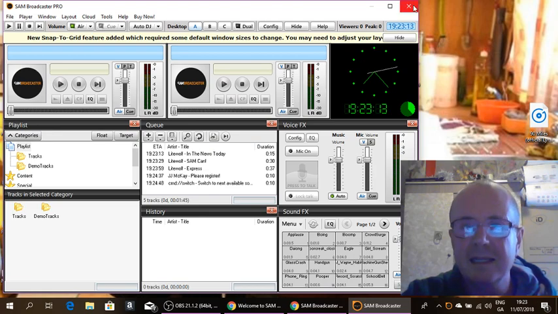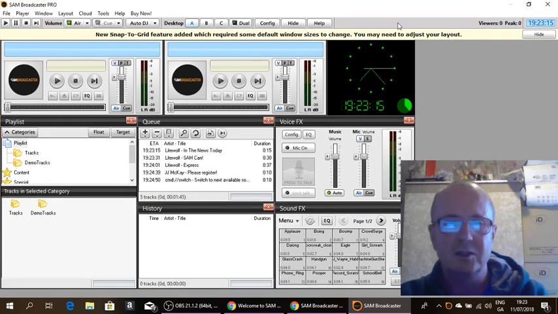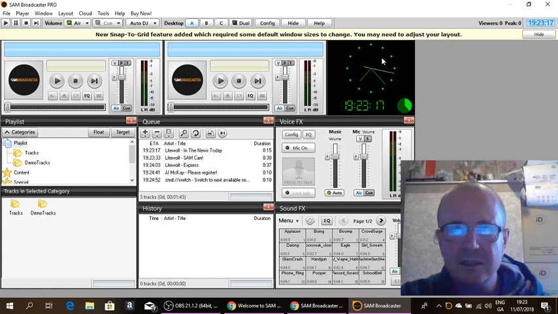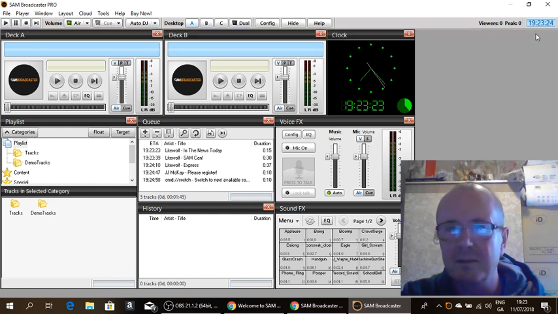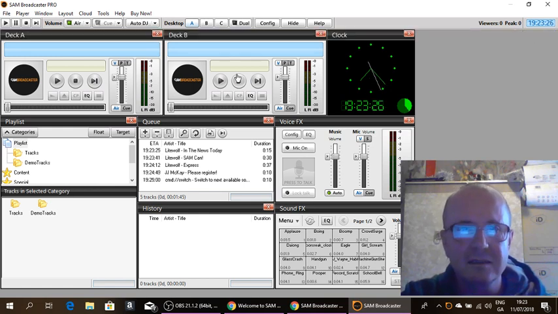So basically expand your screen to full length. And what I normally do, you can do this whatever way you like, is hide that. You don't want to be looking at that. Okay, there's your clock. It's your deck A and deck B. Okay, and straight away